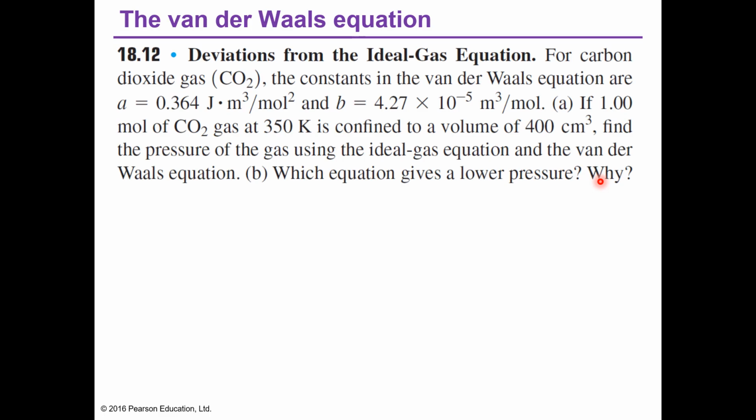Say for example, using van der Waals equation, for example, we have this carbon dioxide gas, CO2. The constants for carbon dioxide are A is 0.364 joule meter cube per mole square and B is 4.27 times 10 to the 5. Question: if 1 mole, meaning N is equal to 1, of carbon dioxide gas at temperature 350,